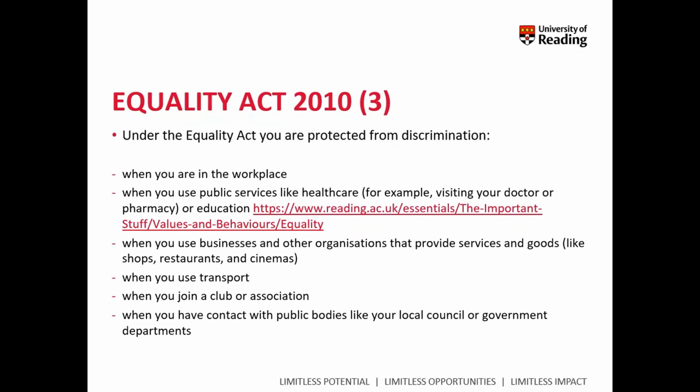So as I say, under the Equality Act, you are protected from discrimination, particularly if you're within these protected characteristics. And that's everywhere, as I said, whether you're in the workplace or using public services, so within a pharmacy, for example. An example within a pharmacy would be expecting to get the same level of service if you're disabled. So access, for example, wheelchair access, or if you're partially deaf or hard of hearing, then there needs to be something in place within the pharmacy to allow that person to receive the same level of treatment as somebody who can hear, for example, or in terms of medicines access,